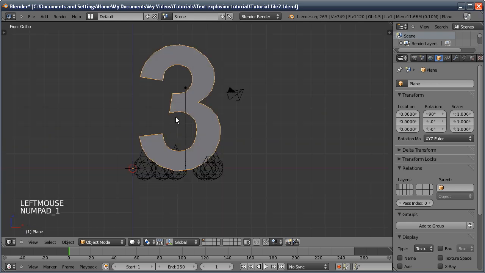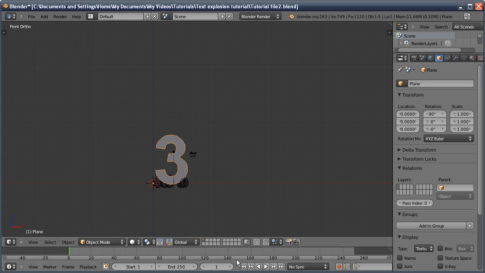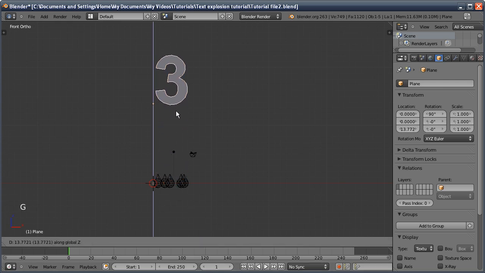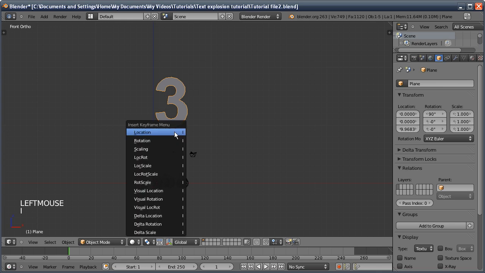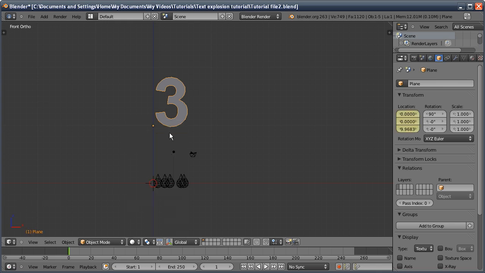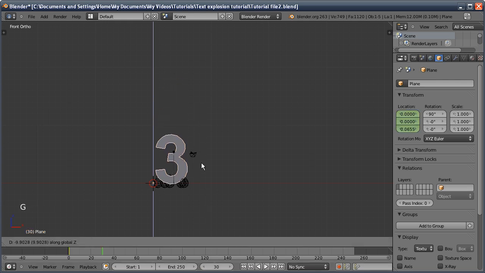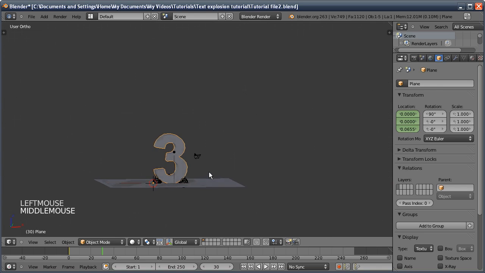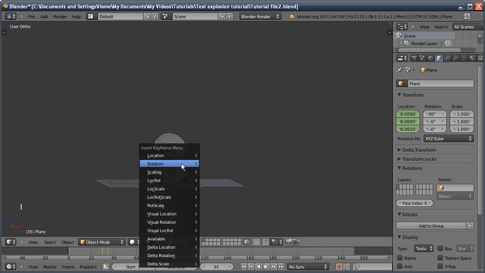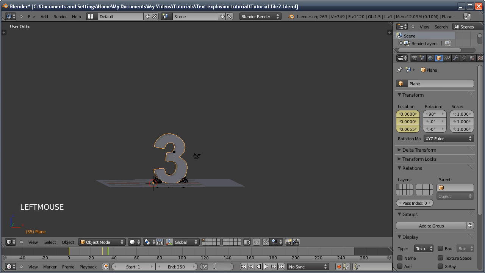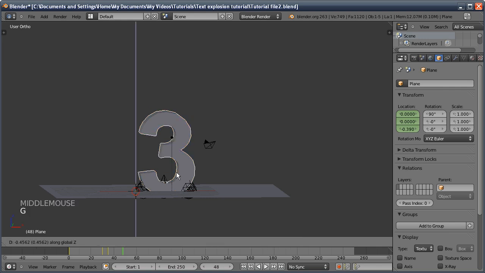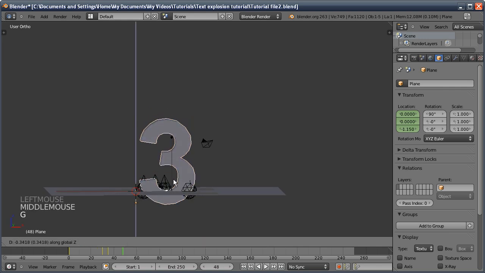The next thing we're going to do is just animate this tree slightly. So making sure we're on frame 1, I'm going to move the tree upwards a bit, press I, insert a keyframe for location, and then move to frame 30 and move it down to collide with the plane. Press I, location. It's going to stay like that for 5 frames, another keyframe, and then at frame 48 it's going to move down a little bit more,